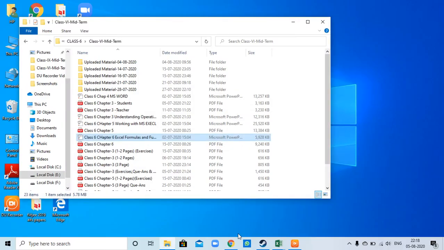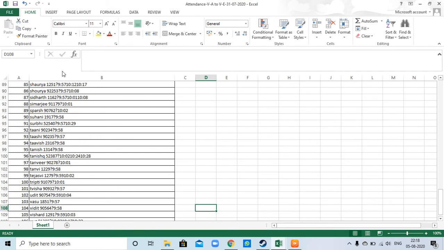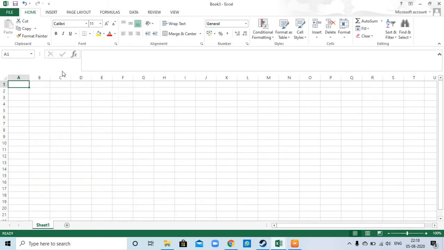Now come to an Excel sheet. Now here are runs scored by some players in the ODI series between India and England, 2019.